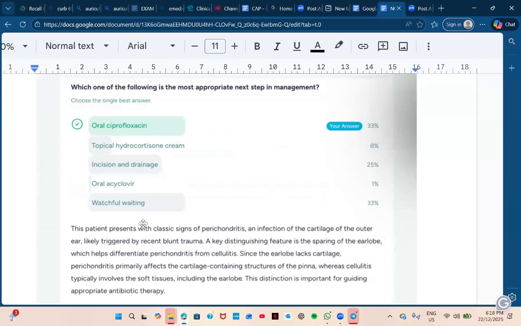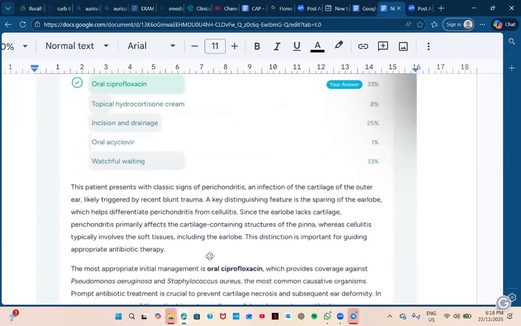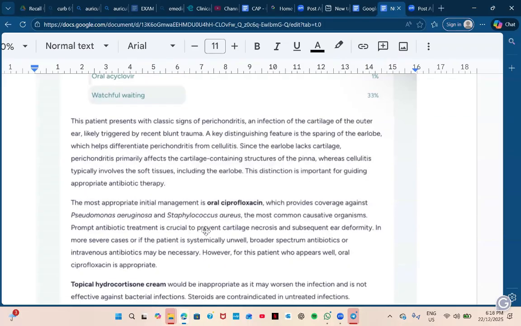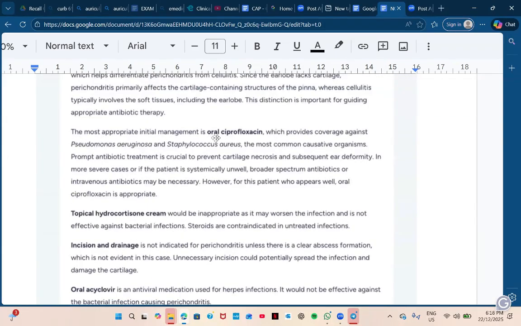So remember the oral ciprofloxacin. Why? The patient presented with classical signs of perichondritis, an infection of the cartilage of the outer ear, likely triggered by recurrent blunt trauma. A key distinguishing feature is sparing of the ear lobe, which helps to differentiate perichondritis from cellulitis, since the ear lobe lacks cartilage; perichondritis primarily affects the cartilage-containing structures. Same thing, the most appropriate initial management is oral ciprofloxacin, which provides coverage against Pseudomonas aeruginosa and Staphylococcus aureus, the most common causative